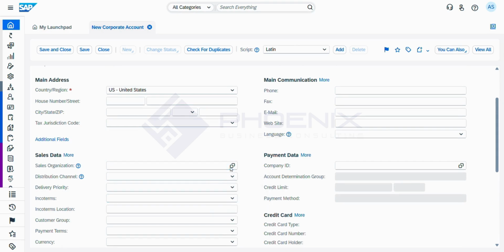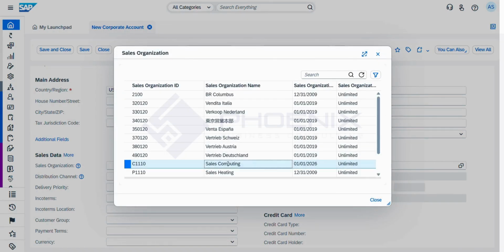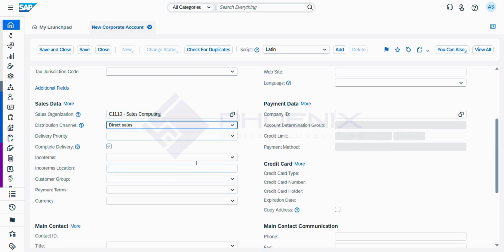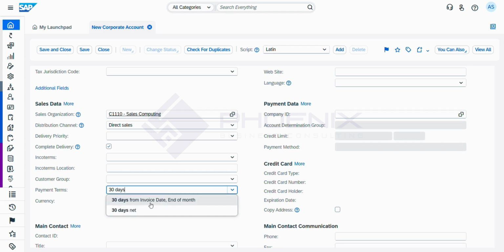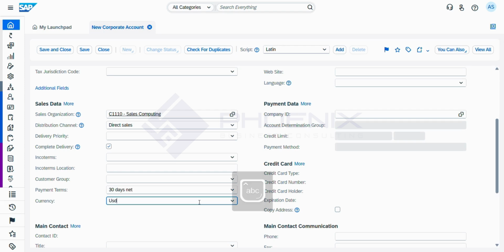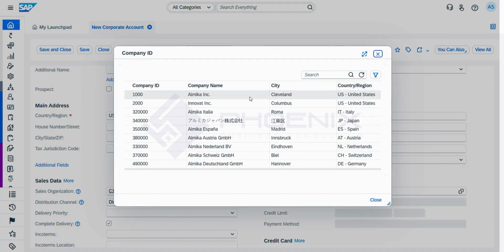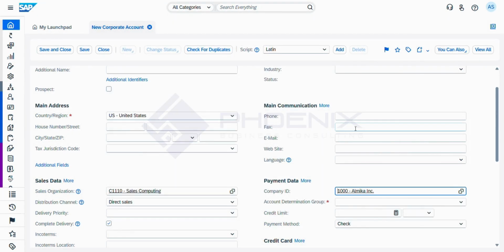Further down, we have our sales organization, which determines our profit center posting. We have our distribution channel, which is always direct sales. Payment terms, we'll do 30 days net. Specify the currency. And on the right here, we'll determine which company from our organization does business with this customer,